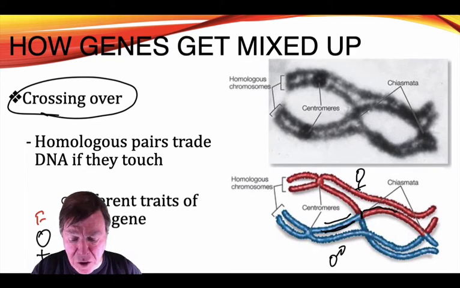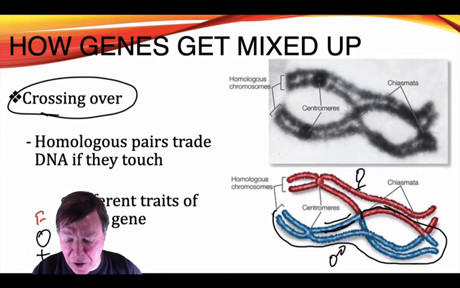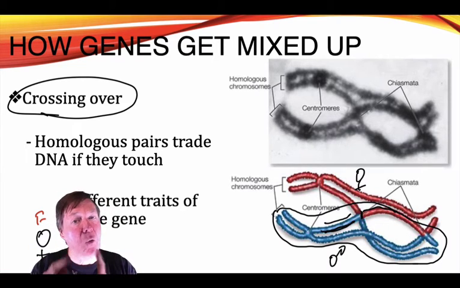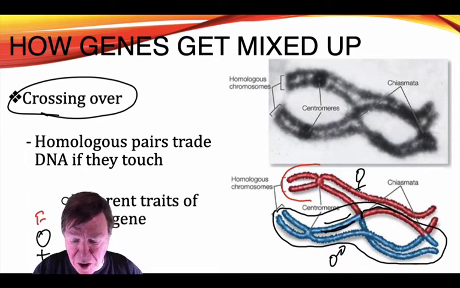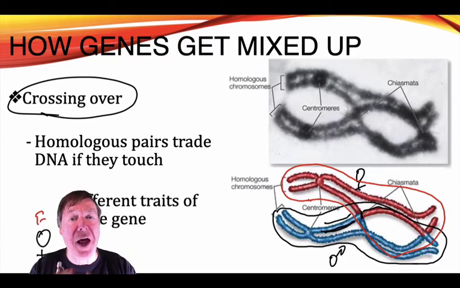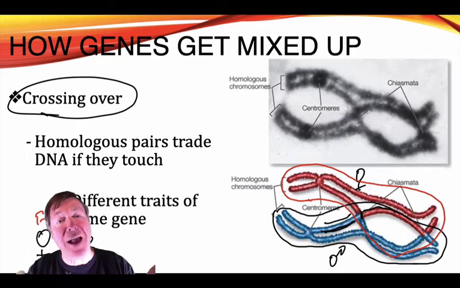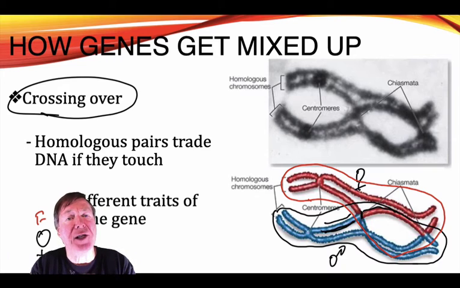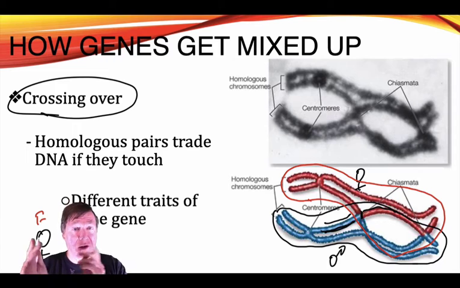So while this chromosome right here is mostly, that's a terrible outline. Let's try that again. This chromosome right here is mostly dad. There's some of mom's in there on one of the legs. And this one up here is mostly mom, but there's some of dad's on there on one of the legs. So depending on what part of that the sperm or egg cell gets, not only is the mom passing on mostly mom's, but she's passing on a little bit of her dad's also. So there's that